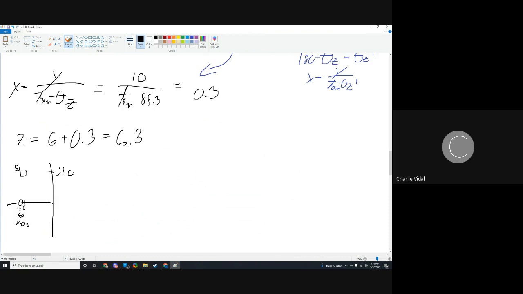And then this entire distance over here is Z, which is equal to 6.3, right? And if you had to do this case over here, the one that I was talking about before, it would be on the right side of S desired. And then you just mess around with those numbers, but it's not. This is on the left side of S desired. So